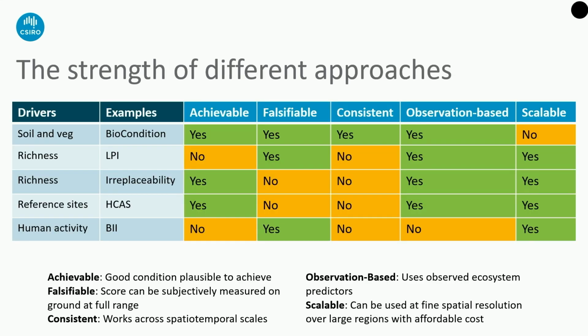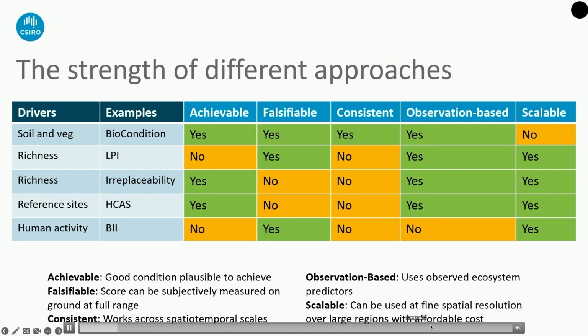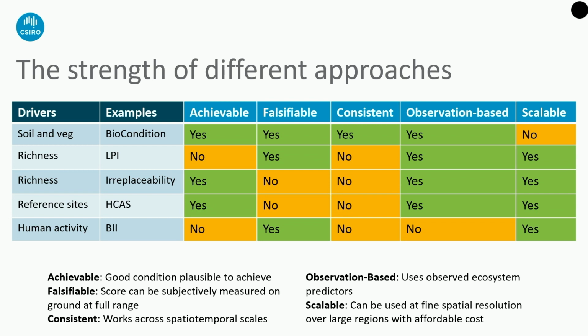So here is a summary of the approaches that are widely used. In the first column are the drivers, which are what habitat condition is about. So for example, if it says soil and vegetation, then the condition score is about the condition of soil and vegetation. The second column is the commonly used example. And then I listed their strengths and weaknesses. So as you can see,